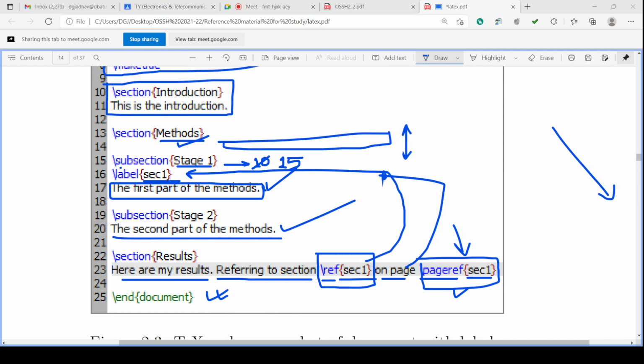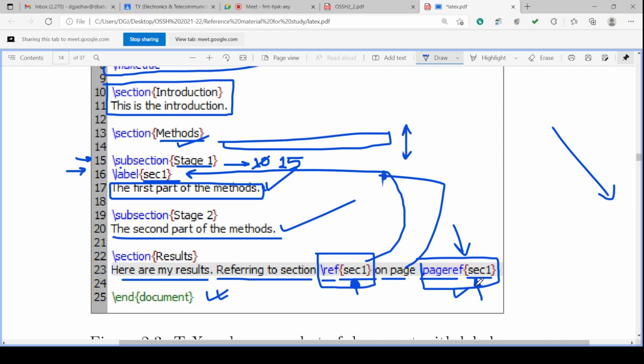This will be taken care of automatically by the programming. That's why we are defining the label here. Whatever label is defined for a particular subsection is used in the reference to create the hyperlink of that section or of that page.